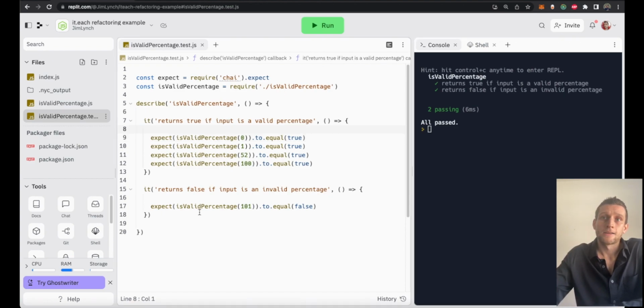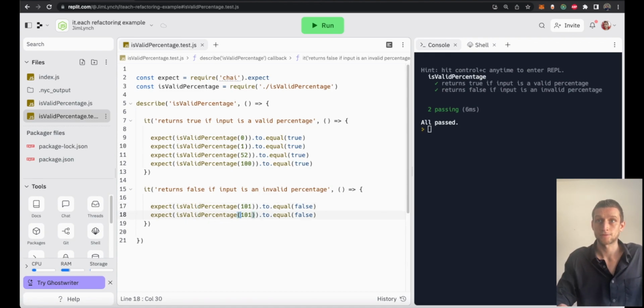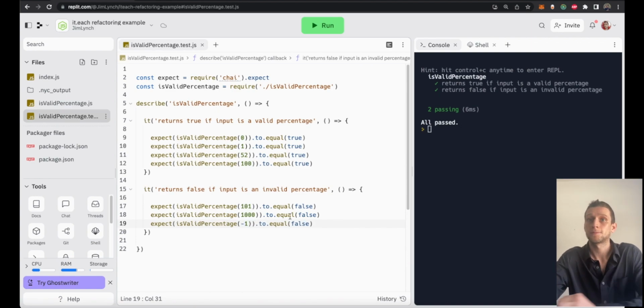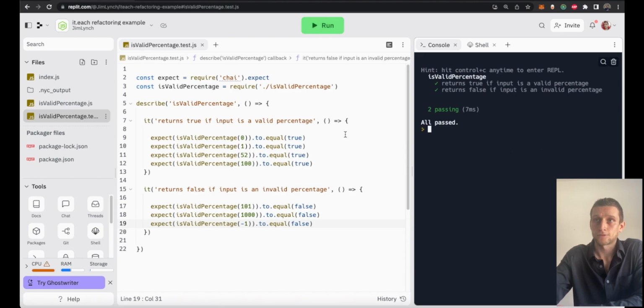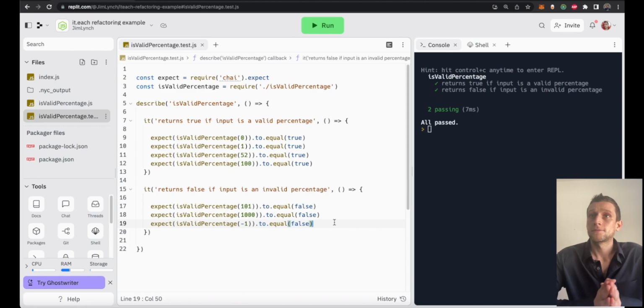Okay, and we can do a similar thing for these ones that are supposed to be false. Right, we can say maybe 1,000, -1 we could pass in, and these all return false. Okay, so we do have this working now, 100% code coverage, I think,